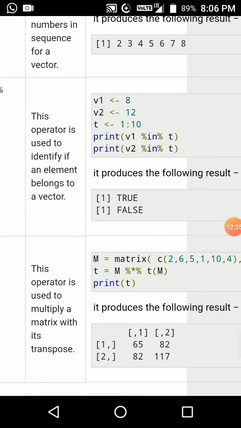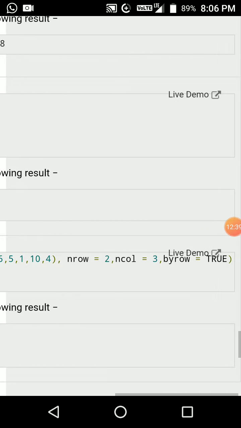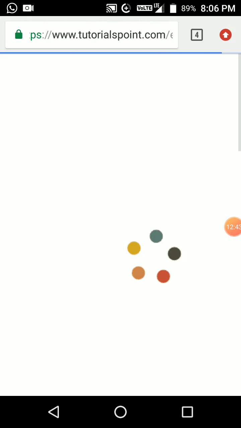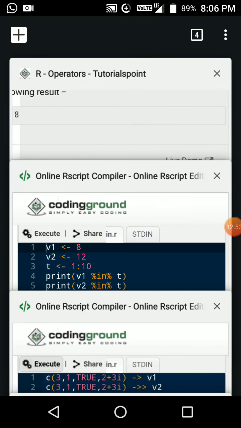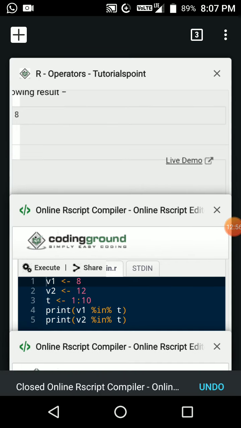I will go for the output and check the %in% output clearly. This is the miscellaneous operator we are using, among the rest of the things.